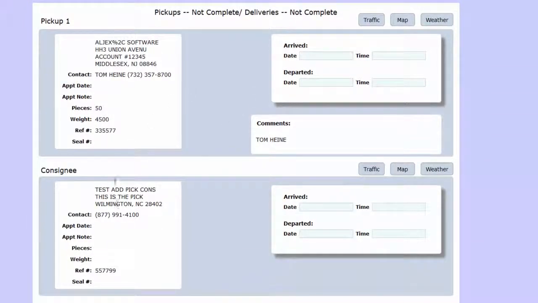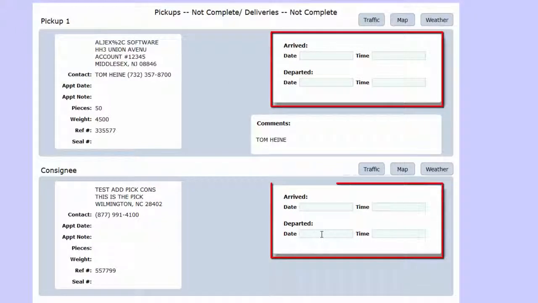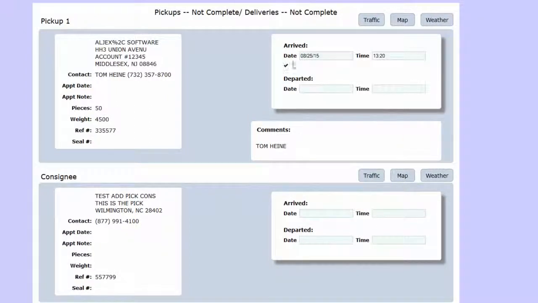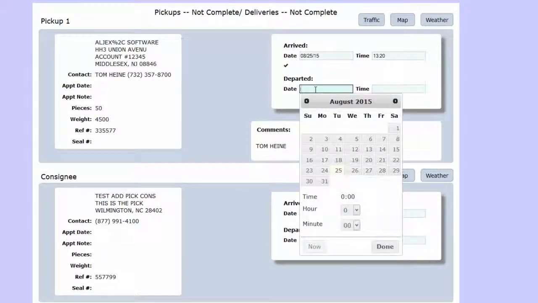If we scroll down to the pickup and consignee sections, we have allowed them through our setup menu to be able to update their own arrived and departed dates for both the pickup and the consignee. If they click on the arrived date, they can either select the date and the time below, or by clicking on now, it will automatically fill in today's date and the time. Once they enter in the departed date and time,